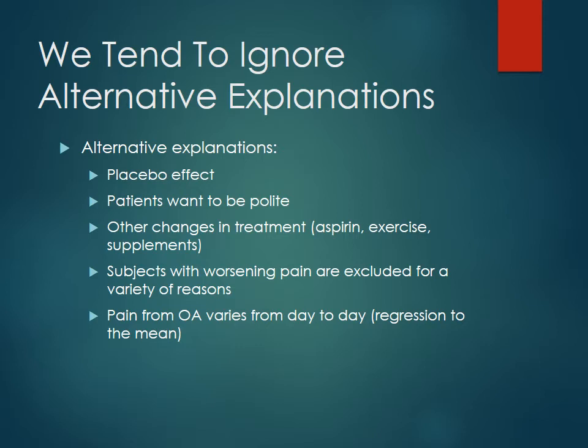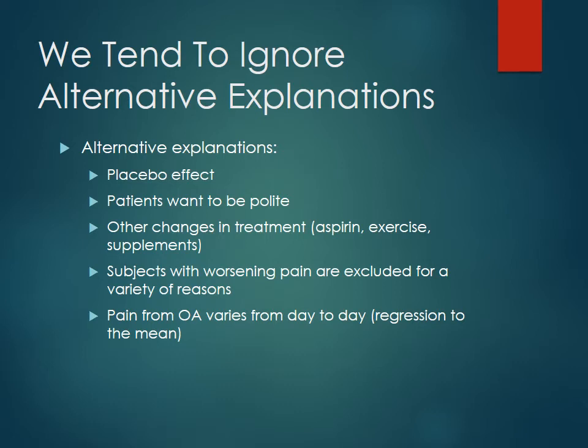But again, if you're surveying patients, sometimes patients just want to be polite and they're like, oh yeah, sure, I feel better after the person stuck me with 24 needles. Perhaps they were doing other things that you did not control for, right? So if they started taking say Motrin at the same time they started this acupuncture therapy, and you never accounted for that, that is something known as a confounder that can skew your data. Say you were excluding patients for having worsening pain for any sort of reason, that could skew your data if you're starting to censor patients out.